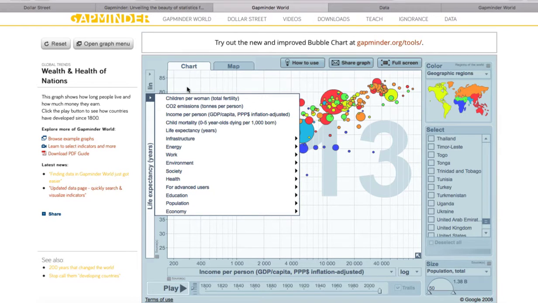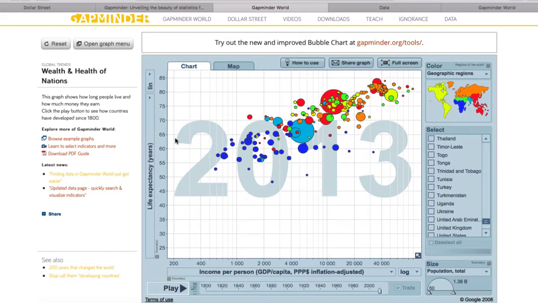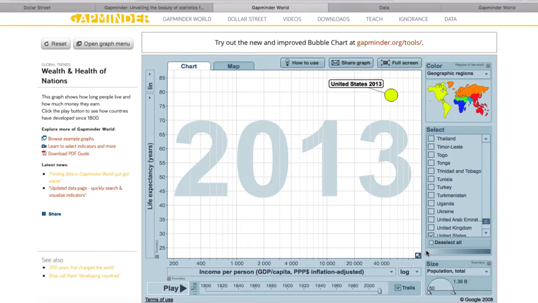So you could choose to play with Gapminder World to find out what sets of data you want to use. Make sure that when you select something, you turn these down so that your countries stand out, and then share the graph.